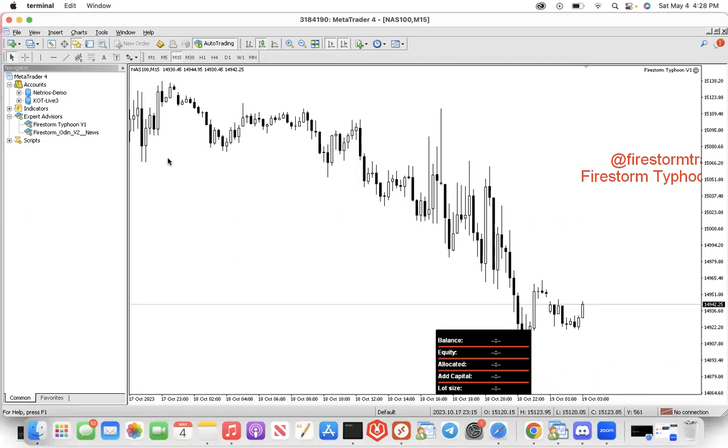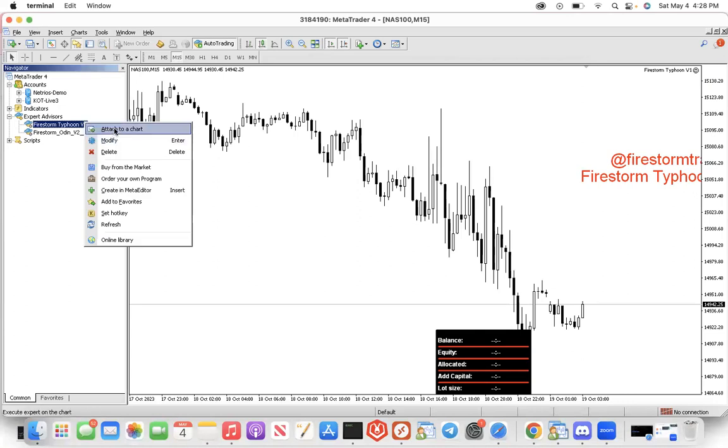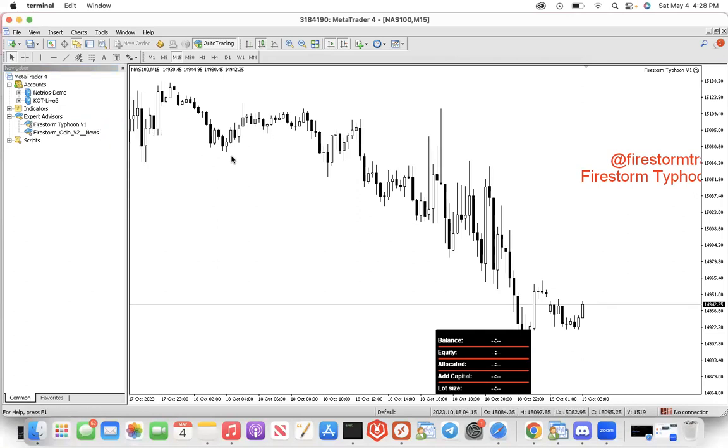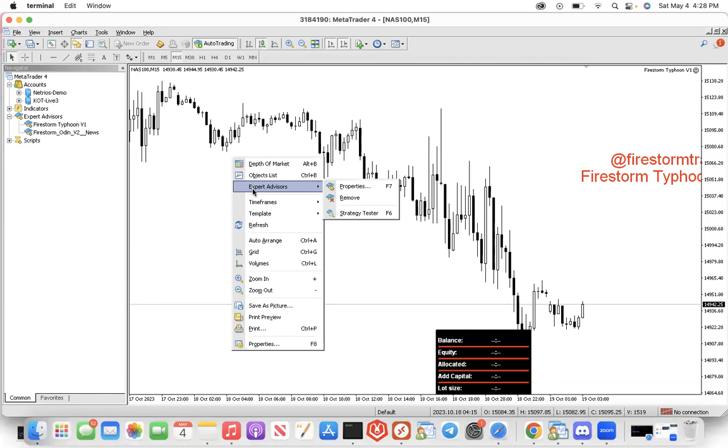And that is it for uploading one of our EAs. You just want to make sure the smiley face is up, and you want to make sure your auto trading is on before you upload the EA. So you want to turn this on, and then you want to do the right click, attach the chart, and go from there. Now, if you ever want to use the strategy tester,